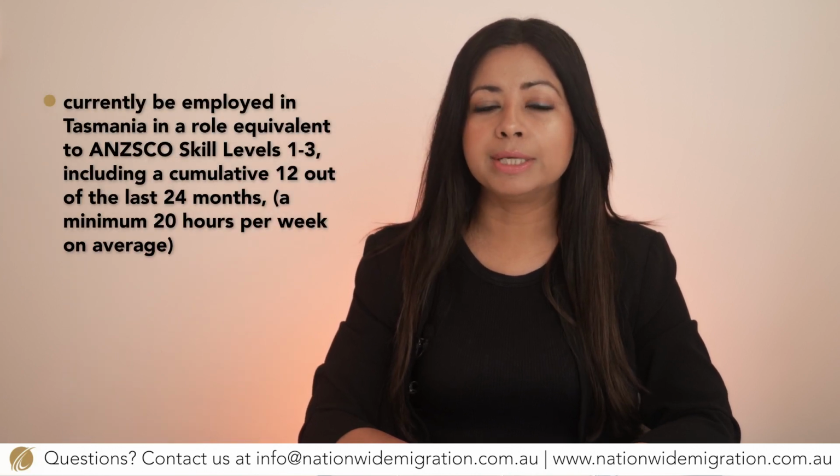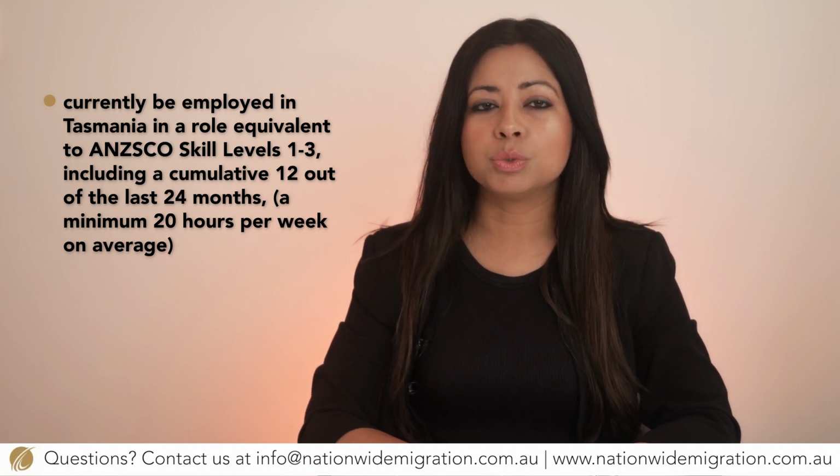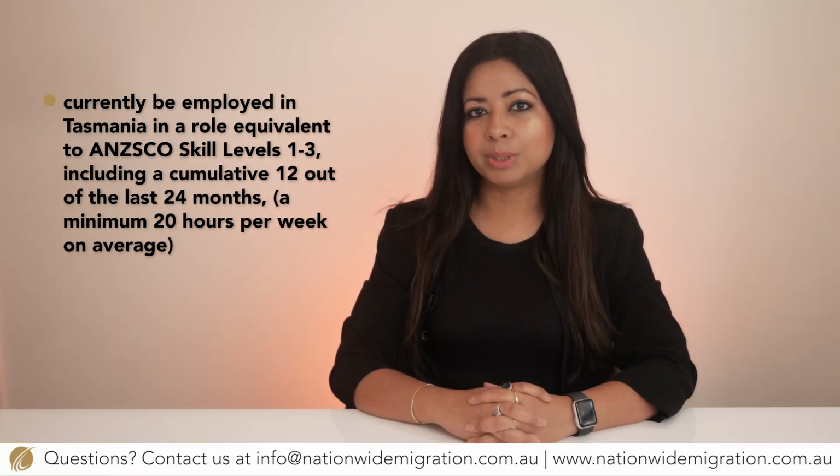To meet the requirements for this pathway, you must have been living in Tasmania for at least 3 years, with no more than 50% of your total Australian residence period spent in another Australian state or territory, and one of the following: currently being employed in Tasmania in a role equivalent to ANZSCO skill level 1 to 3, including a cumulative 12 out of the last 24 months, which should be a minimum of 20 hours per week on average,